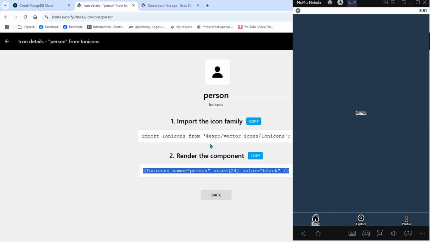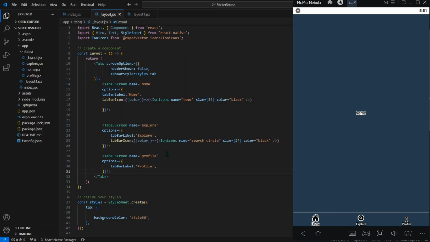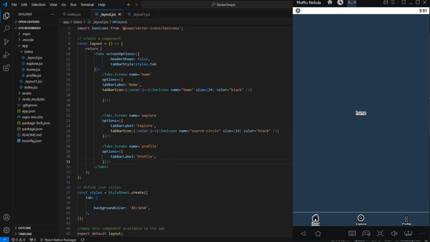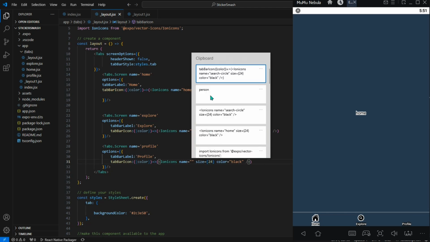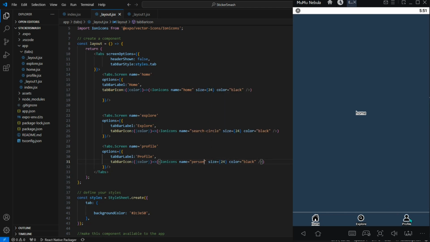I just copy the name, and we are good to go. And we just copy this and change the name to person. There's the name, change the name to person, and yeah, we have the person here showing,